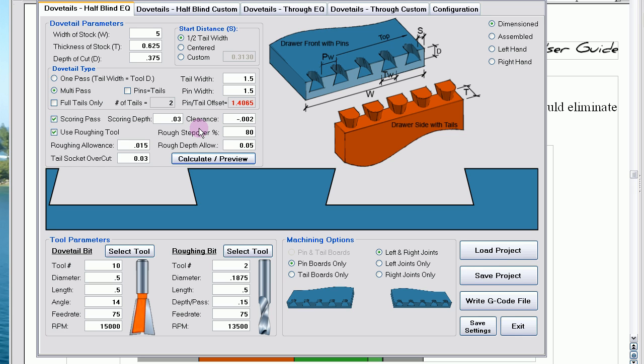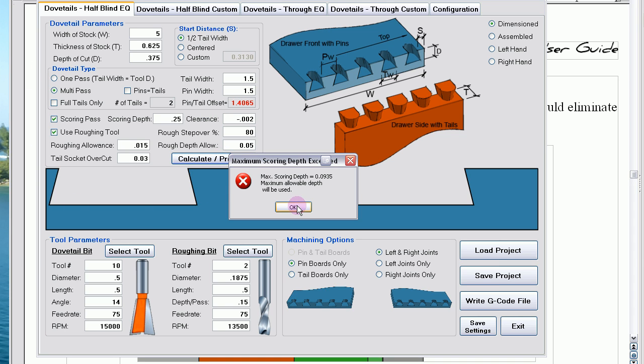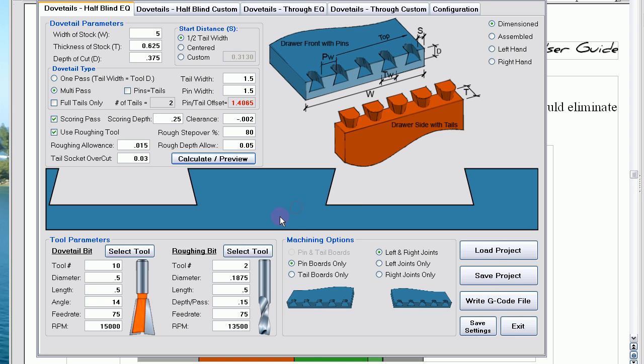If you try to set it too large, when you calculate, JointCAM will tell you that it's too large, and it'll set it to the maximum allowable amount, which it sets in the software. It doesn't update the screen. We'll make a note of that, and we'll get that fixed at a later time, so that the scoring depth is updated when it is